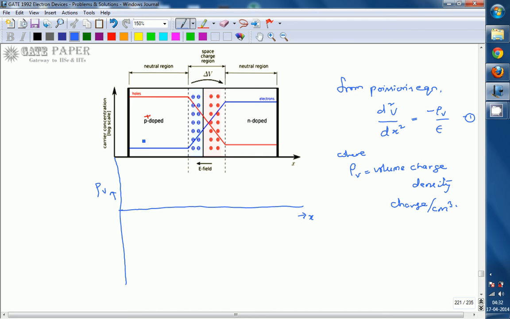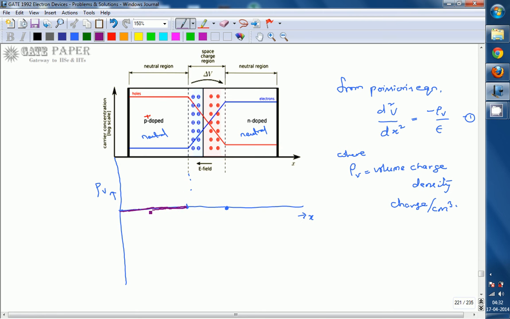We know that every semiconductor is electrically neutral, whether made by intrinsic or extrinsic doping, and whether it is heavily doped, normally doped or lightly doped. So the P side is neutral and the N side is also neutral. There is no charge present in the neutral regions. Up to this point, these are the points where the depletion region lies, so outside this portion there will be no charge present.